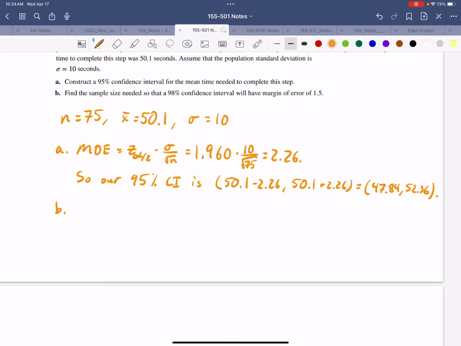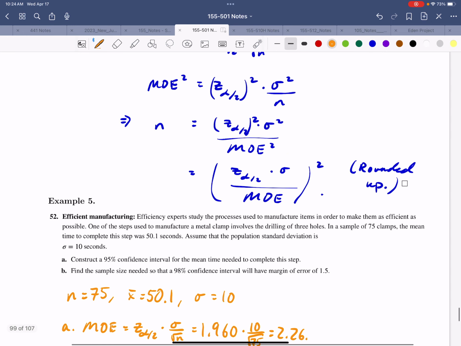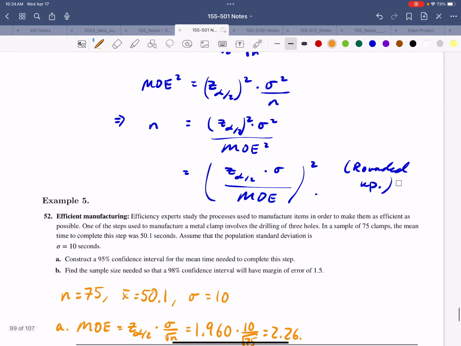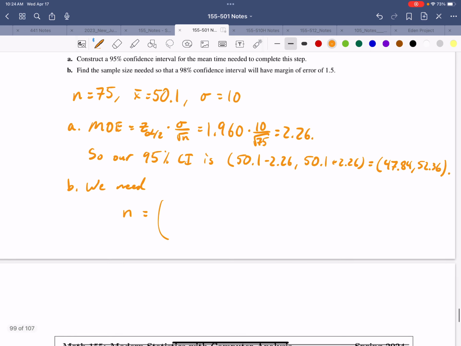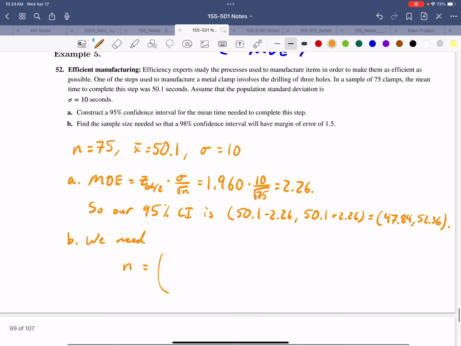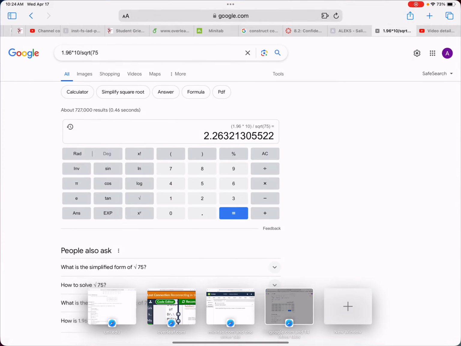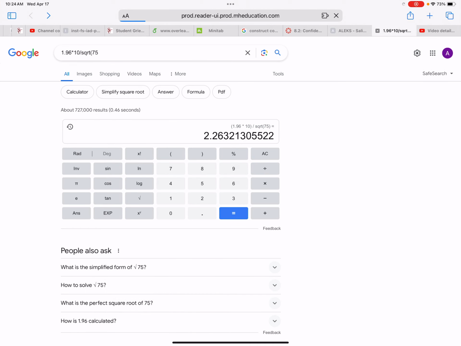For part B, find the sample size needed so that a 98% confidence interval will have a margin of error of 1.5. Remember, we have this formula here, right? So we need n to equal, and it's going to be the critical value, so whatever critical value corresponds to a 98% interval, and that's going to be